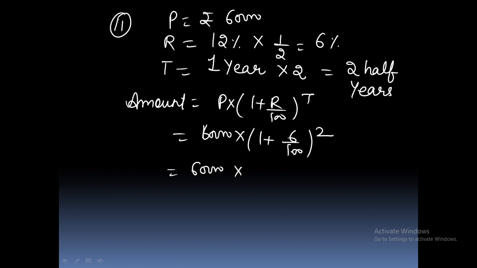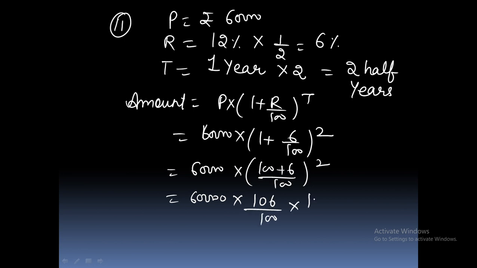P is 60,000, 1 plus 6 by 100 power 2. 60,000 multiply 100 plus 6 over 100 power 2. 60,000 multiply 106 over 100 multiply 106 over 100. Zeros cut with zeros. When we multiply these numbers with each other, we will get 67,416. This is the amount